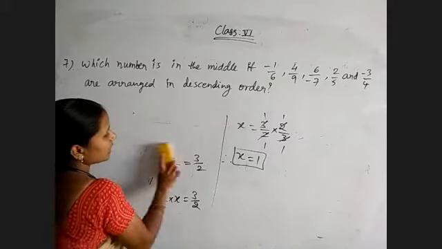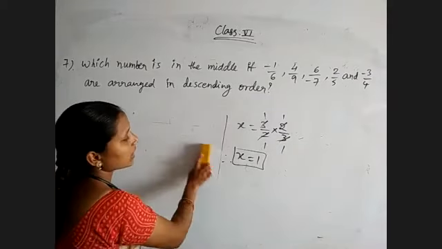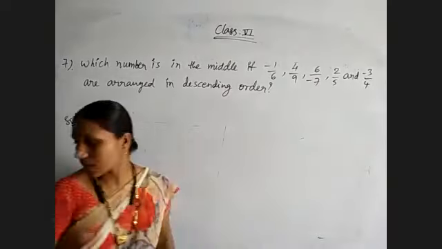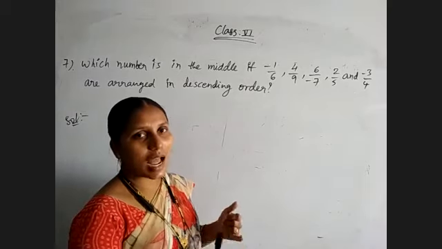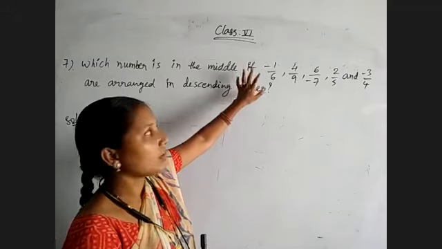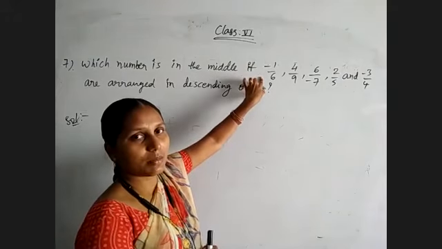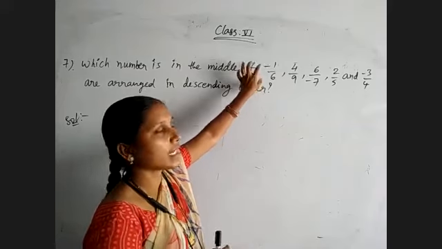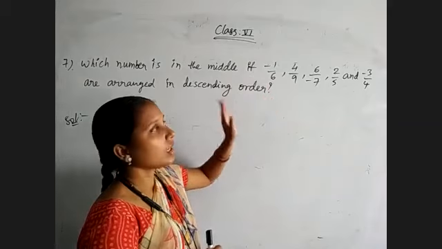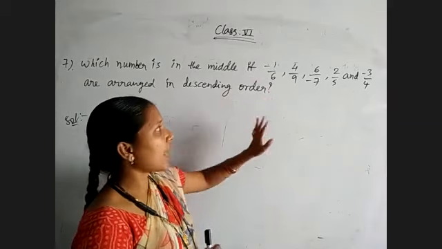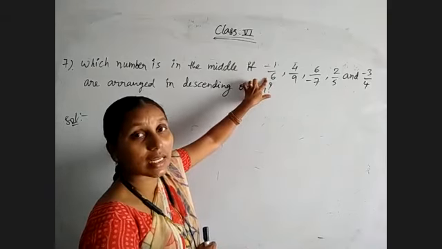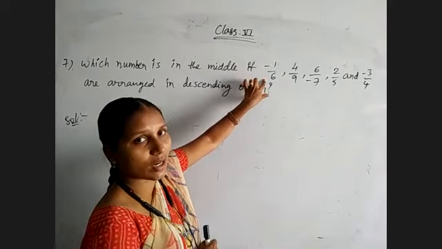Okay, it is very clear that we need to write the descending order of the given values. But just observe the given numbers. In fractions we always get positive values, but here we have negative values also. So they are called rational numbers. Remember, when we get a number in the form of p by q, and positive or negative values are there, that comes under rational numbers. Fractions means only positive values are taken. So minus 1 by 6 is a negative number. That's why it is a rational number, not a fractional number.